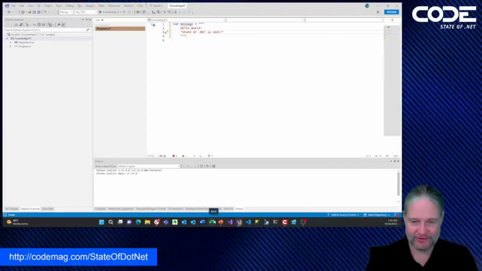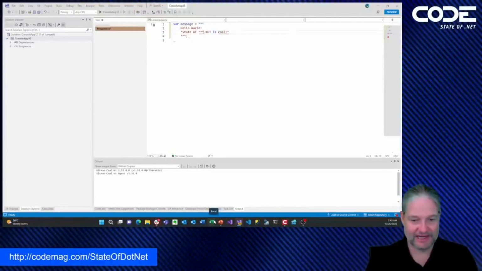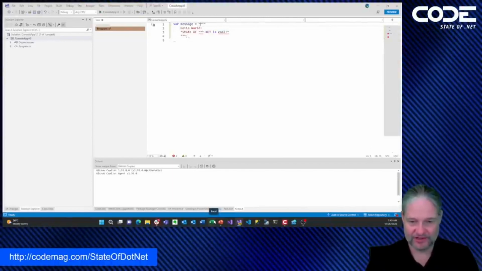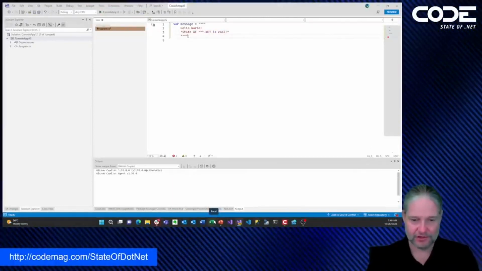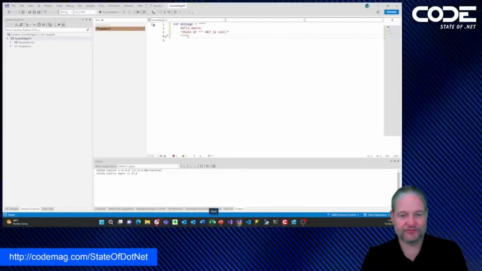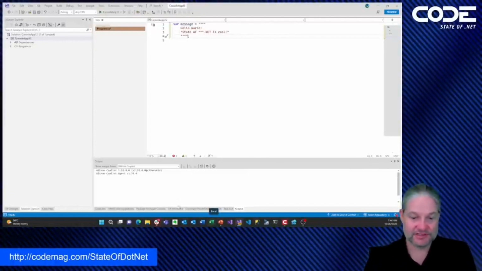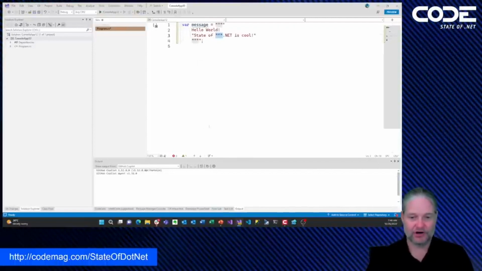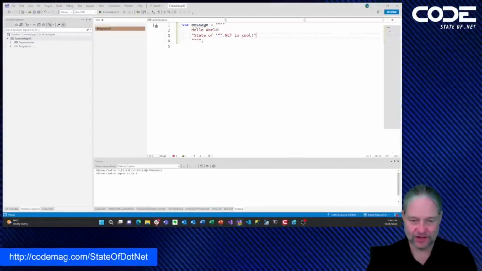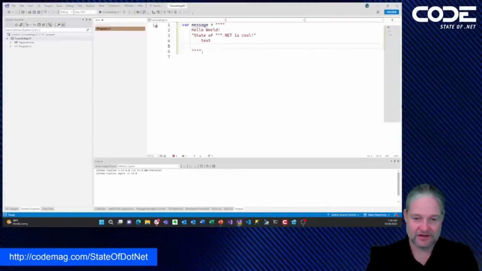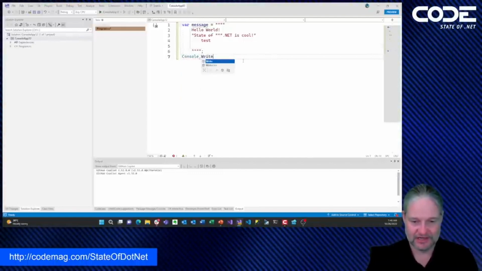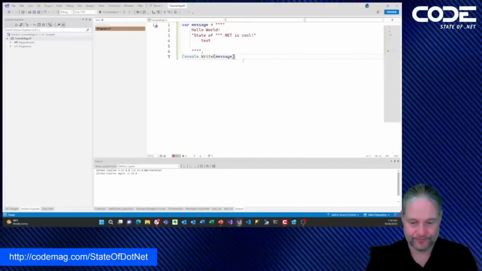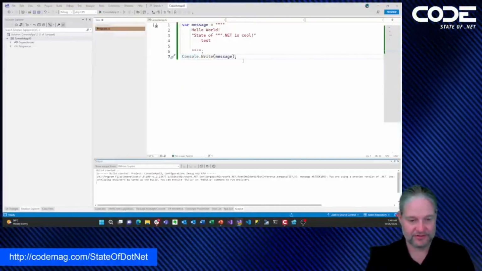Now people say, well, what if I want to use 3 quotes in here? Well, that would end the string literal, but I could actually make 4 double quotes around this and end with 4 double quotes. And then it will consider this part here to just be part of that string. I can also do things like indent stuff. And if I then go and say Console.Write of that string, and I go ahead and run this,